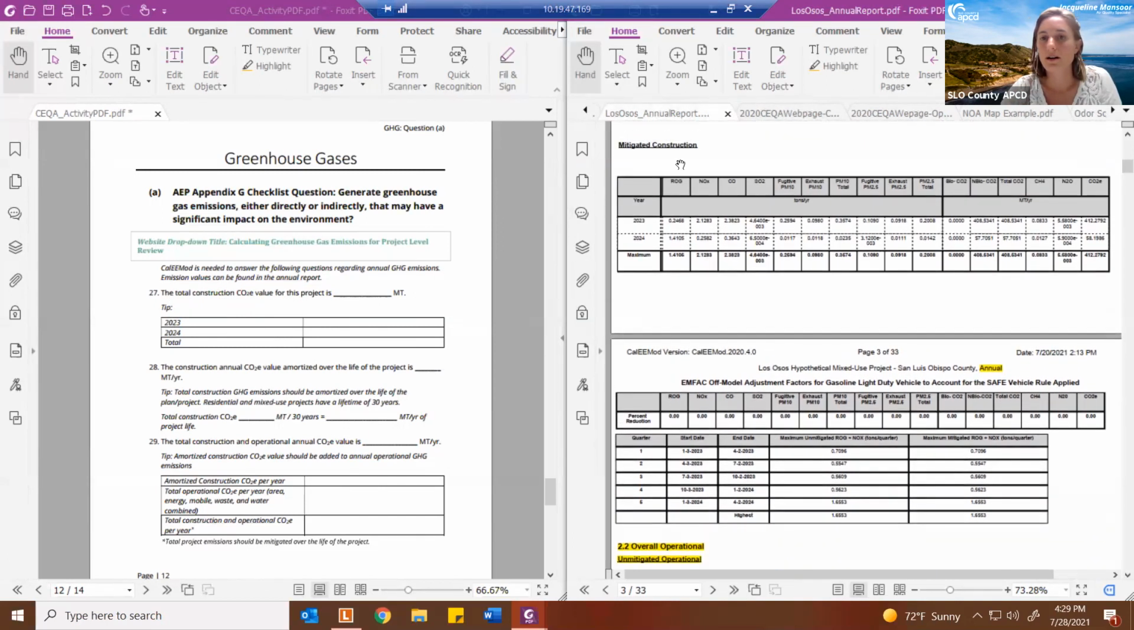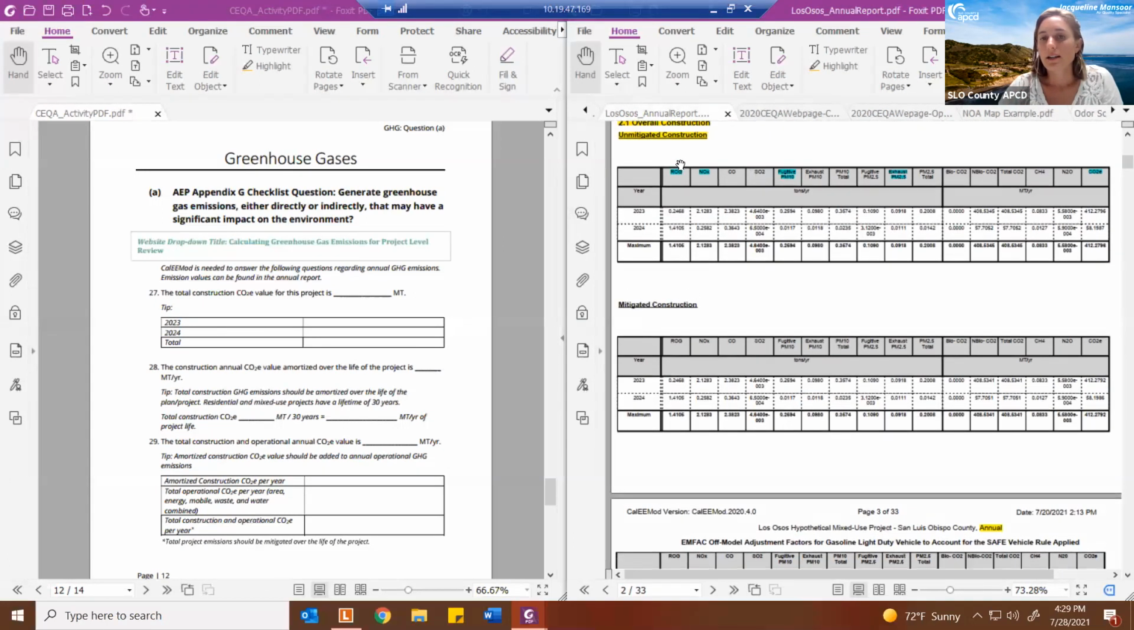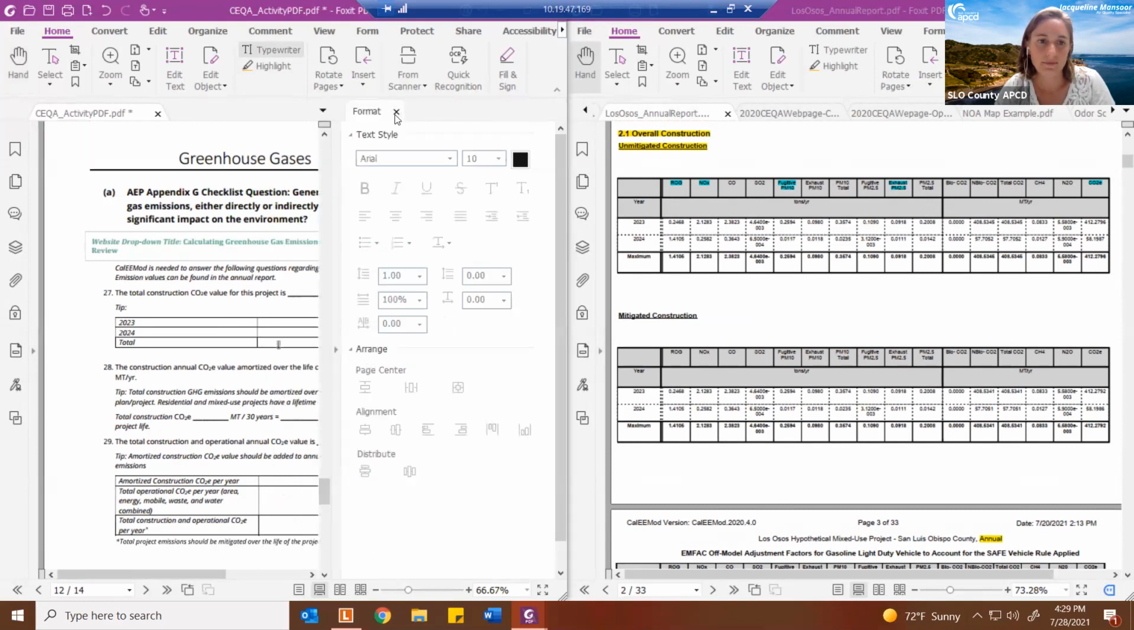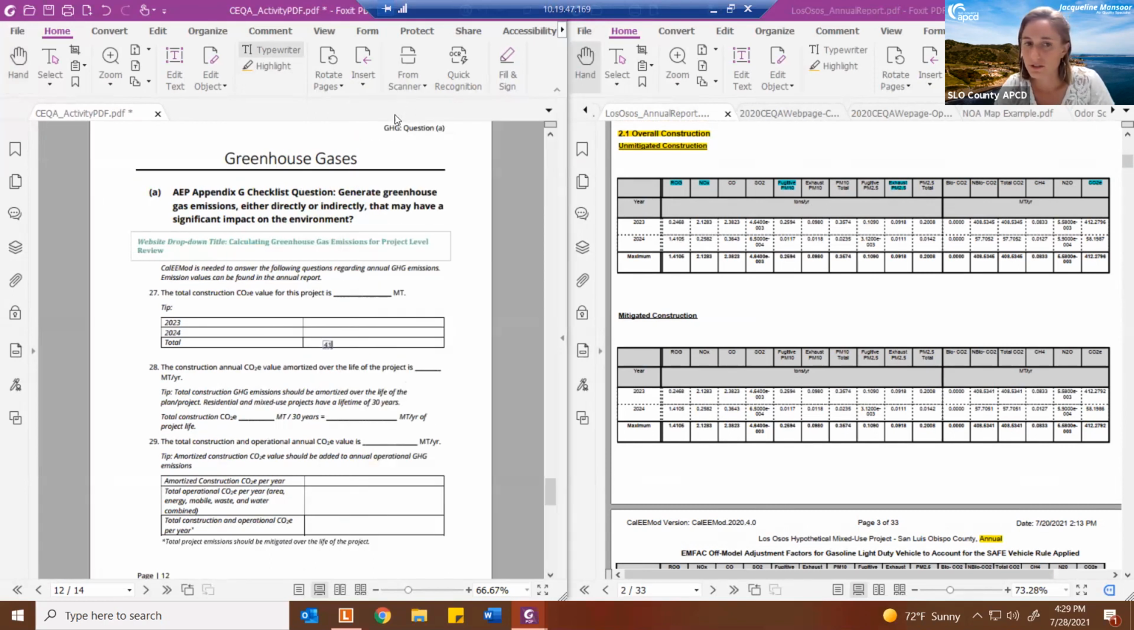So if we go to our unmitigated construction table, we see here on the very last column on the right-hand side that our value in 2023 is 412.2796, and our value in 2024 is 58.1987. And it adds them up here. So I'm just going to type in that total value to save a little bit of time. So that would be